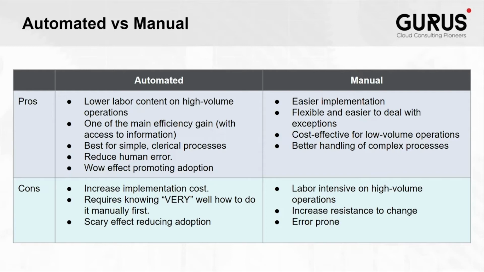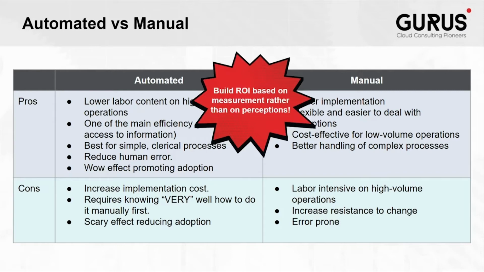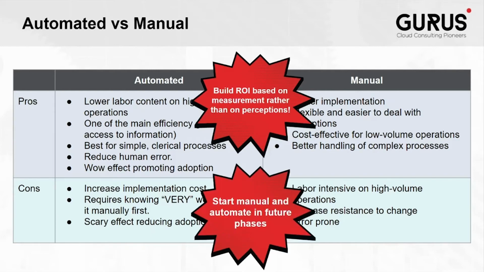The key takeaway here is that time spent trying to automate may not actually pay off, as you may decide to move to a different business process thereafter, and the investment into automating may be lost. This is why it is better to build ROI based on measurement of a business goal, such as orders processed per day or the number of orders that need to be corrected, rather than the perceptions of what automation could do, but maybe would not actually impact the business goals. As mentioned, it is often better to start manual to reduce implementation costs and prevent a delayed go-live, as automation is still possible as the system grows with you after go-live.